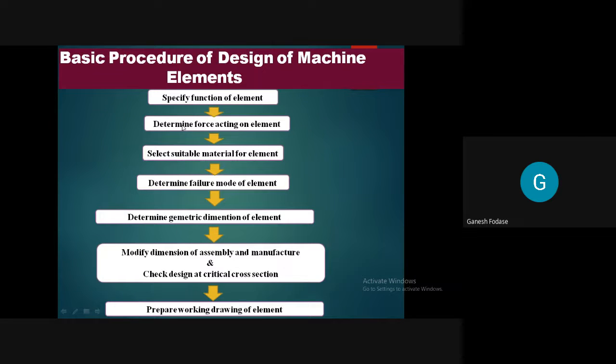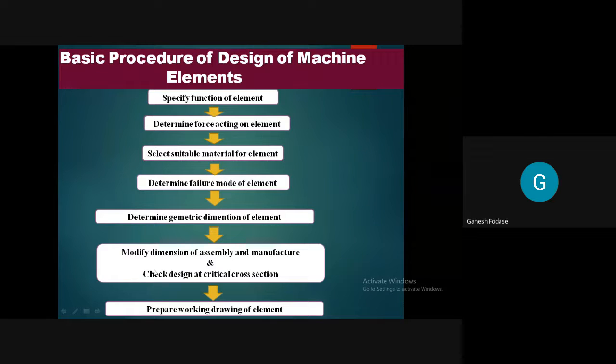After that, with the forces or load consideration, we need to think about the material. Which material will be used for this element or this component. After that, we have to determine various failure modes, whether that material is going to fail under shearing, tensile load, compressive load, or crushing. So, which are the failure mechanisms for that element? After that, we need to determine the dimensions of that element based on our stress and our area. We are going to find out the dimensions of that element.